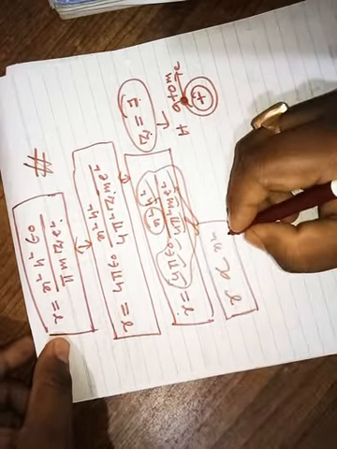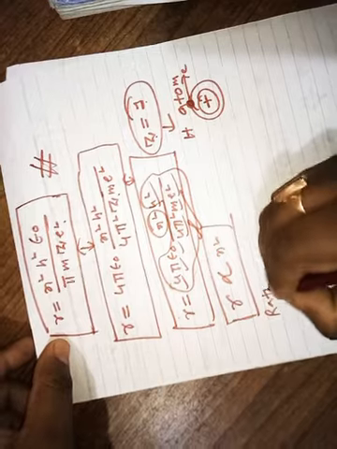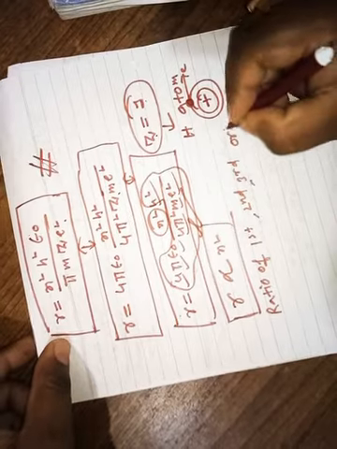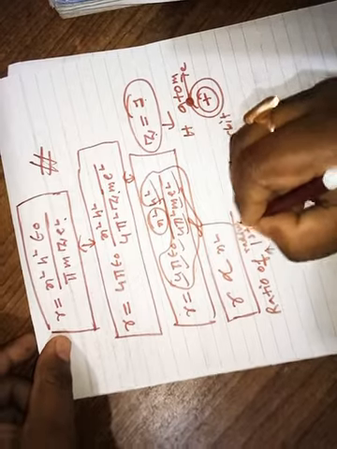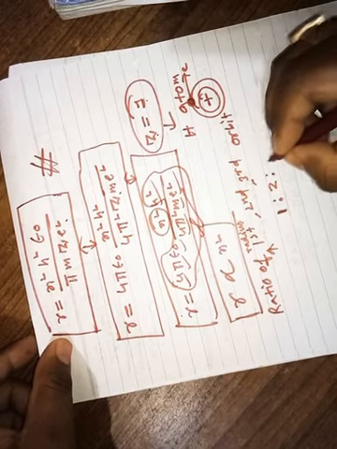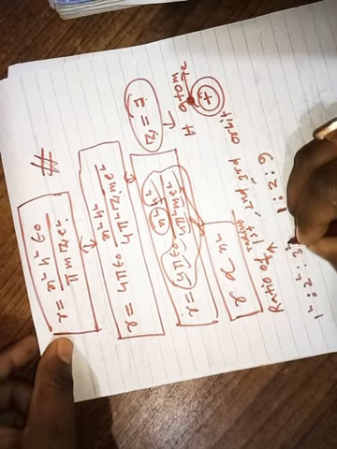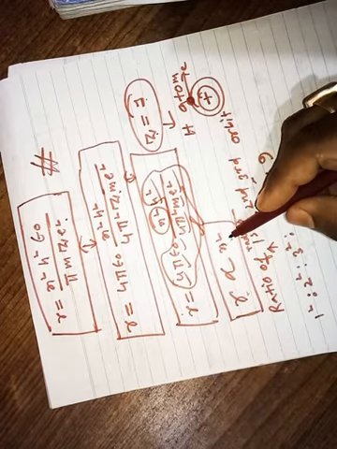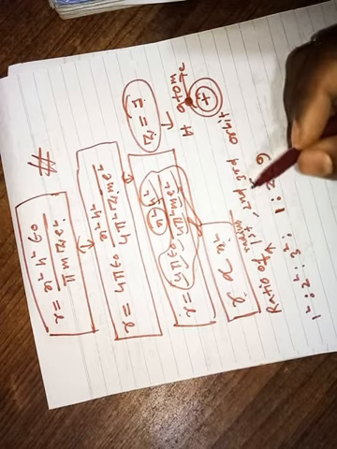Okay, that means the ratio of the radius of the first, second, third orbit will be what? For the first orbit it is 1, for the second orbit it is 4, for the third orbit it is 9, because 1 square is 1, 2 square is 4, 3 square is 9. Yes or no, according to this formula, right? Because radius is proportional to n square, right? The higher the number of the orbit, the larger the radius will be. Are you getting my point?